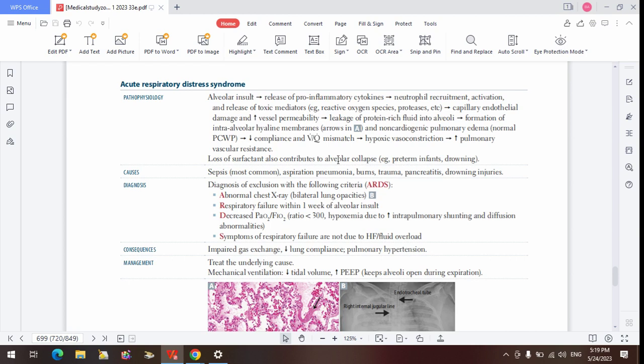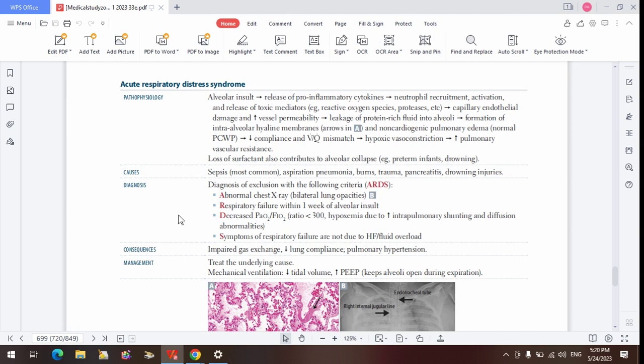There's not going to be any movement of air from the alveoli into the lungs because you've damaged the membrane. Part of the membrane is the capillary endothelium. You've even damaged the alveoli itself that's supplying the air. So there's going to be VQ mismatch. When there's VQ mismatch, there's hypoxemia. Hypoxemia will cause hypoxia, reduced delivery of oxygen to the tissues, that brings about hypoxic vasoconstriction. That will increase the pulmonary vascular resistance. If that continues for a while, it can develop into pulmonary hypertension.